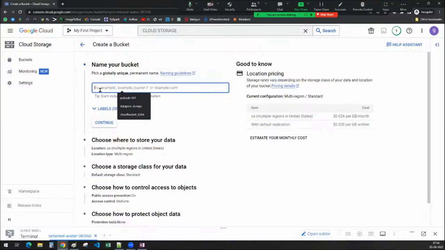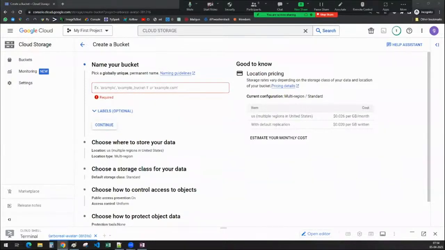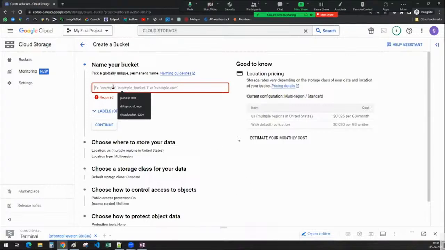When I say globally unique name, no one has used this particular name so far as a Google Cloud Storage bucket. So far no one, not me, not you, everyone. Whoever has worked on Google Cloud Storage so far, for example, I